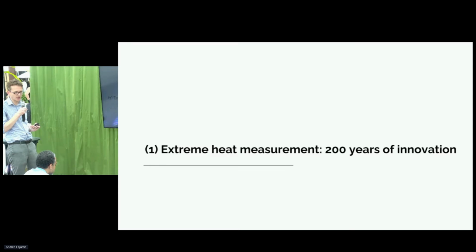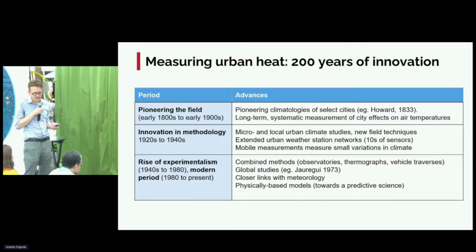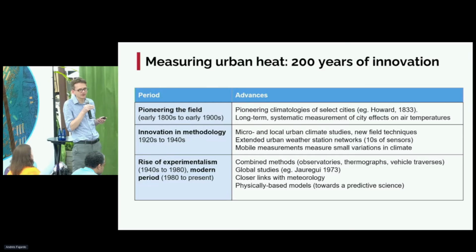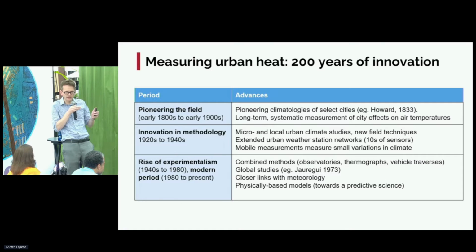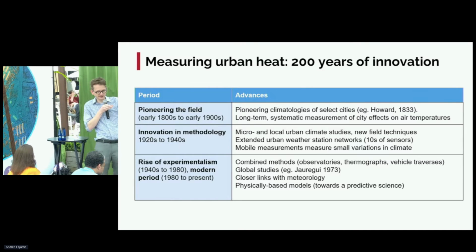So really, there have been three phases in heat assessment methodologies, and the older phases are sometimes overlooked. Right back in the 1800s is when people started measuring the climate of cities in a systematic way and trying to isolate the influence of the built environment that is making our cities hotter. Then through the 1920s to the 1940s, that's when we actually saw the first applications of this kind of vehicle-based measuring technique that we have been using in Indonesia.